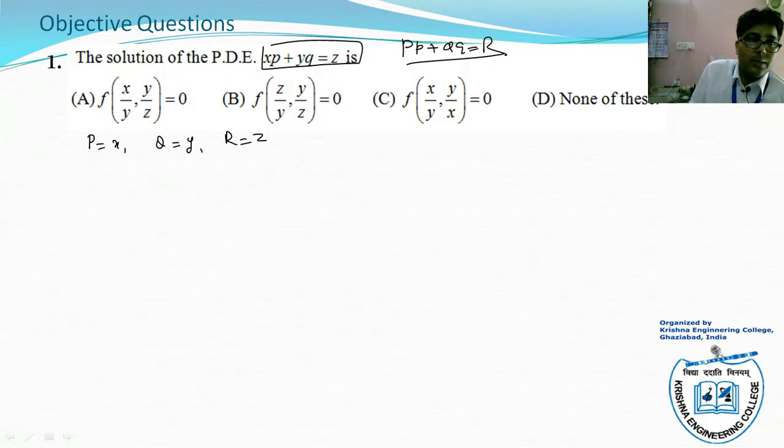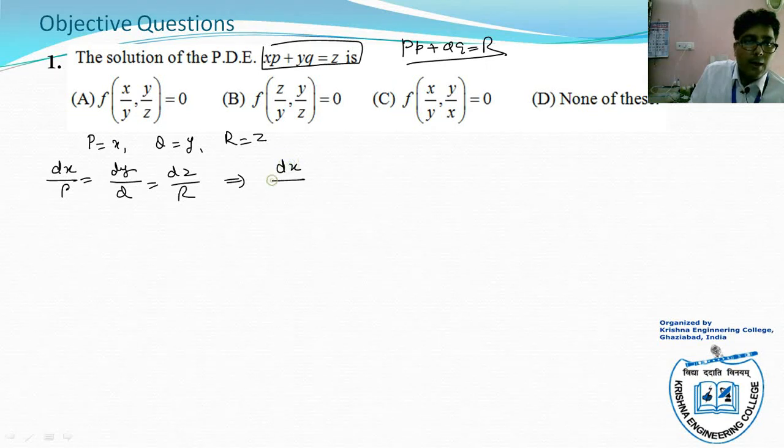Lagrange's equation is dx upon P, dy upon Q, dz upon R. Dx upon P is x, dy upon Q is y, dz upon R is z. Take the first and second ratios, we get